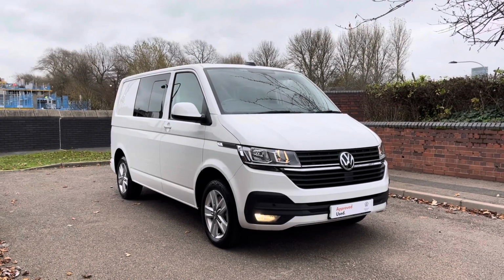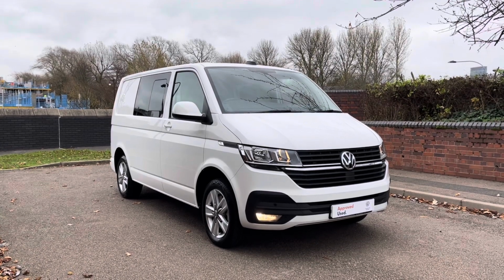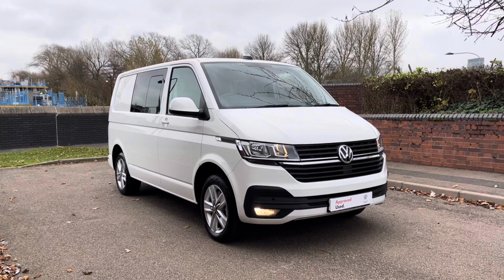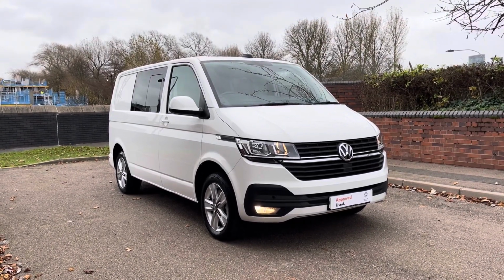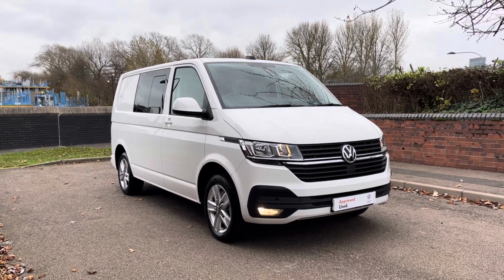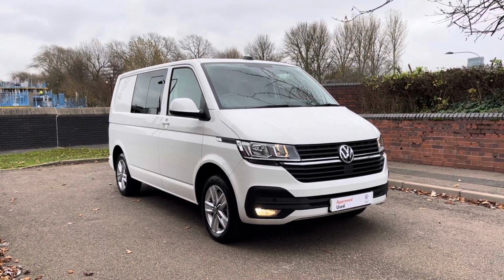And now for a quick recap over my video. This is a Volkswagen short wheelbase Kombi. It's a Highline model. It's fitted with a 150 PS 2-litre turbo diesel engine, and it also has a DSG automatic gearbox. If you would like any more information on this used approved 21 plate Kombi, please call 0121 514 0632